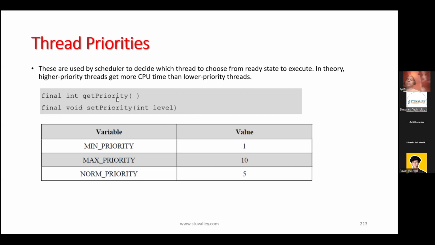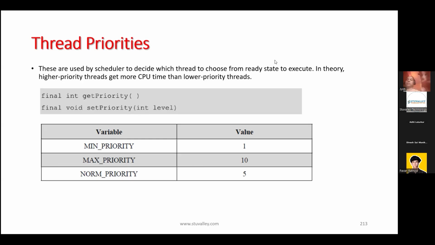As I said, there are two methods, get priority and set priority. In set priority, we will provide the priority level. The priority levels are 1 for minimum priority, 10 for max priority, and 5 for normal priority. You can assign these values, or these constant values also. These are final constant values, so these names can also be passed as a parameter to the set priority method. We will see all these methods first, and then we will go forward with how to create threads